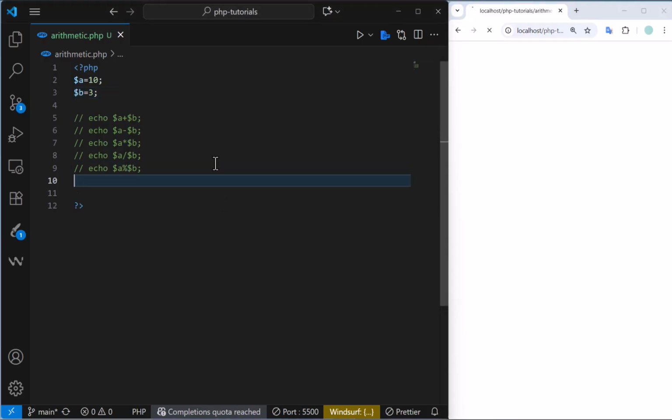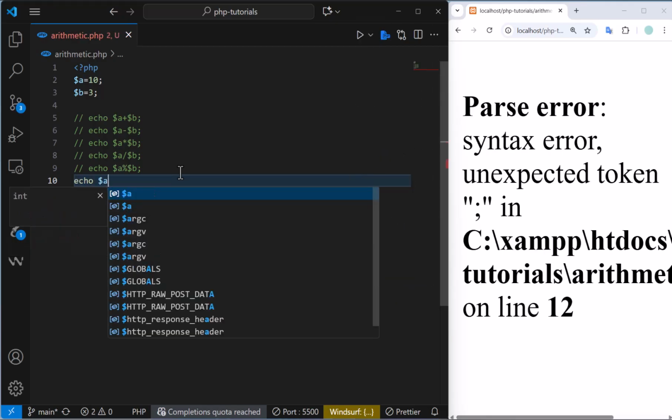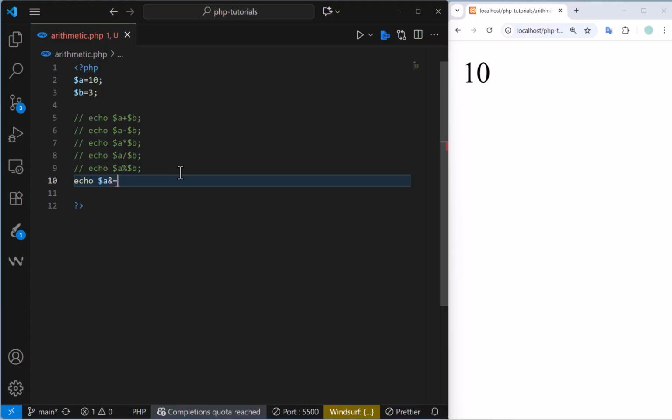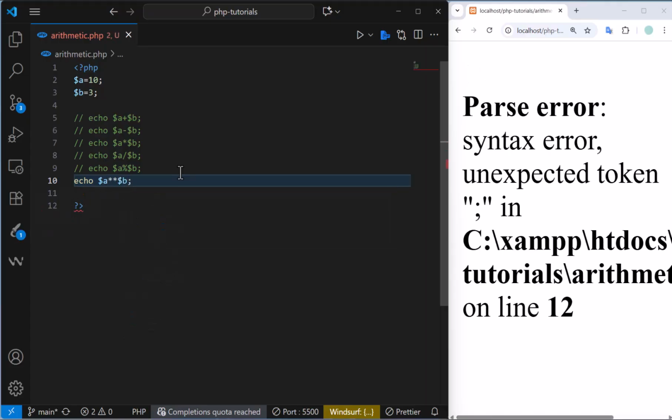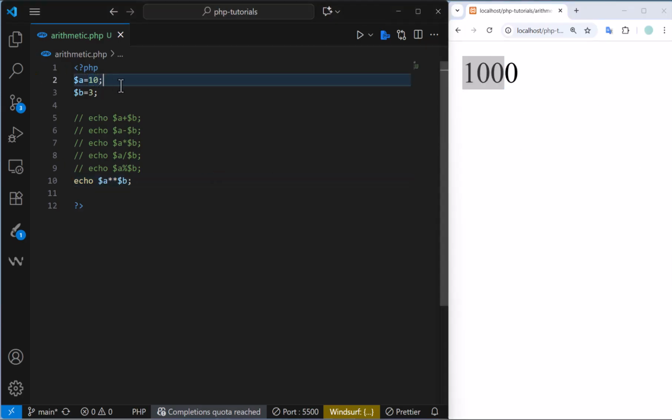Another thing is the exponential, which in simple words, if I say the power, if you want to see the power of something, for example, let's see, $a to the power of $b. Now this should give me 1000 because 10,